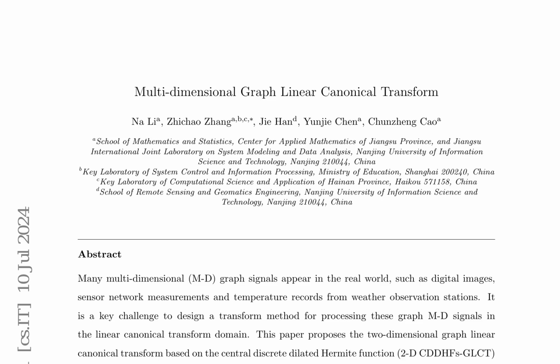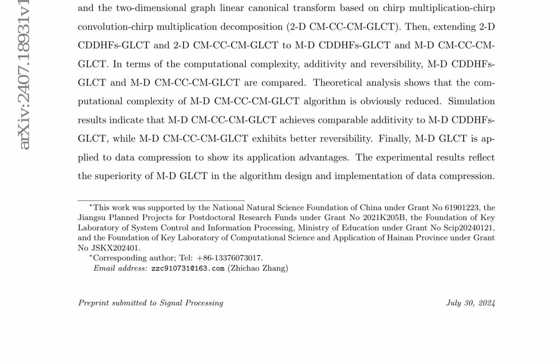The research proposes a novel transform method for processing multidimensional graph signals, specifically focusing on the linear canonical transform domain. This method, known as the multidimensional graph linear canonical transform, M-D GLCT, is designed to efficiently process graph signals with complex topological structures. The M-D GLCT is based on the central discrete dilated Hermite function, 2D CDDHFs-GLCT, and the chirp multiplication-chirp convolution-chirp multiplication decomposition, 2D